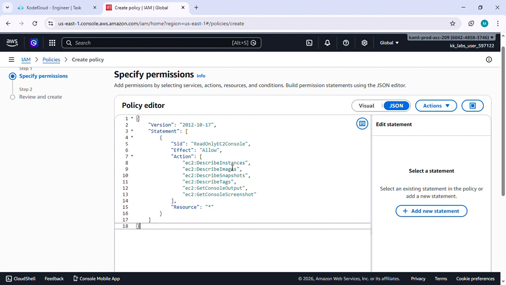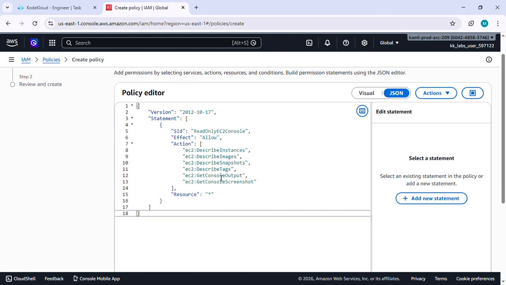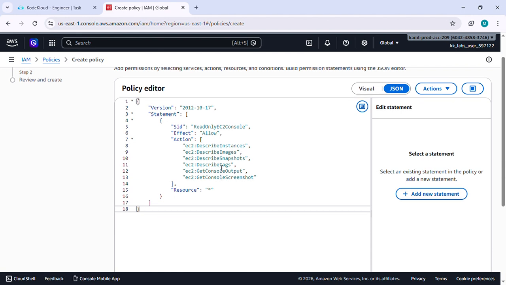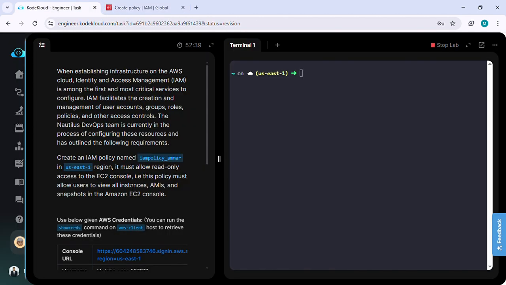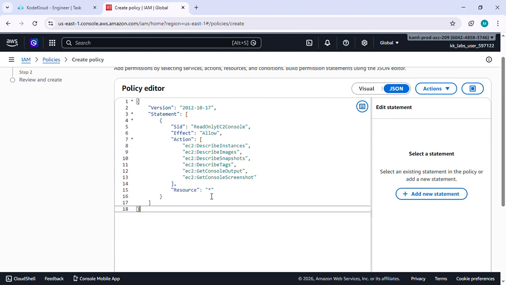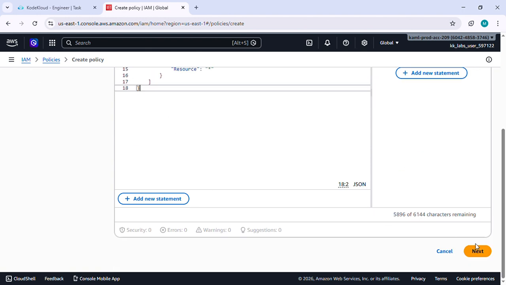In the policy we need to give actions such as DescribeInstances, DescribeImages, DescribeSnapshots, DescribeTags, GetConsoleOutput and GetConsoleScreenshot. And we need to allow this to all users, so for the resource we use a star. So click on Next,